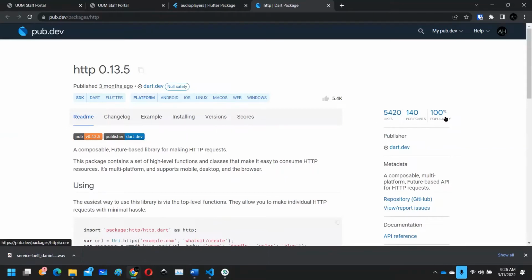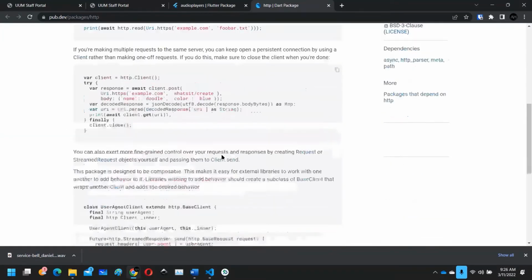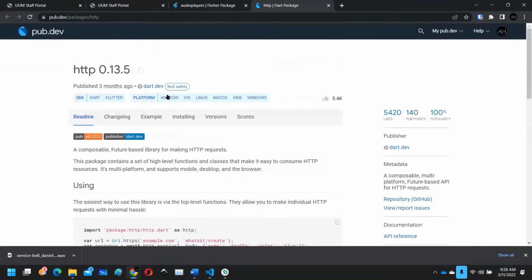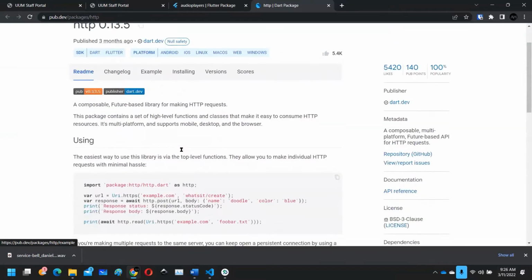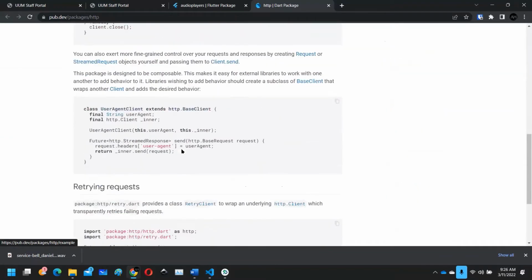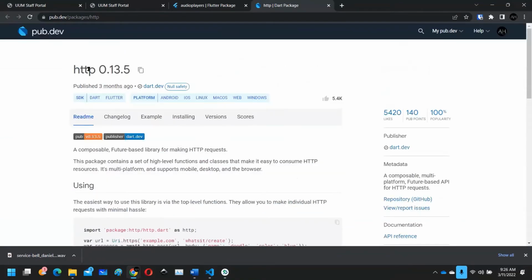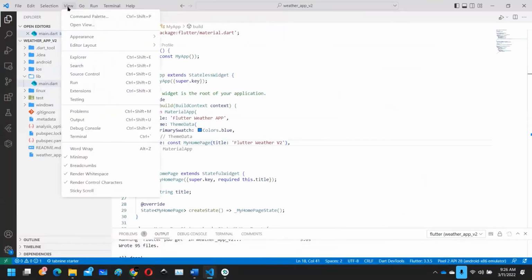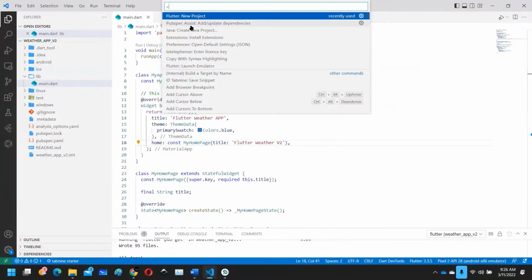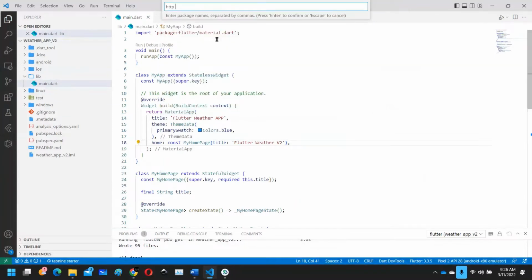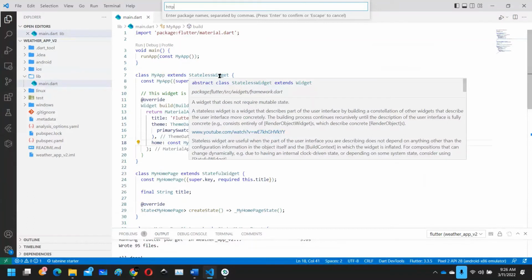But the popularity is very, very high. Okay, and this is also available on most platforms, so it should be no problem for you to use. And this is already null safety implemented for Flutter version 2.3 and above. So now I think we can use it with no problem. To get the HTTP package installed into your project, you can use the pubspec assist like this. It will automatically do that for you. Okay, so if I enter this,